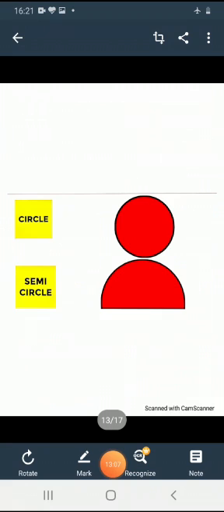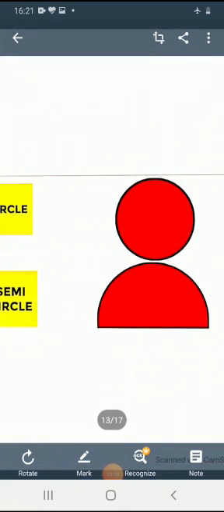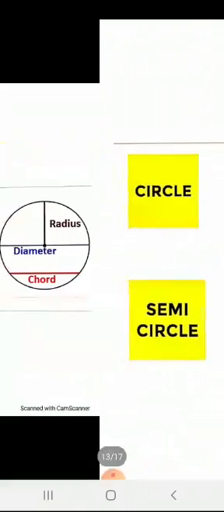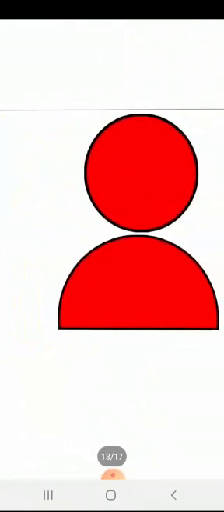Now we have learned about the circle. The complete circle is called a circle. If we draw a diameter through the center of the circle and divide it into two parts, as the paper folding has shown, then we say it is a semicircle. See the picture here? The complete part is a circle and the half is a semicircle. Without using a bangle or coin, we can use a compass to draw the circle.